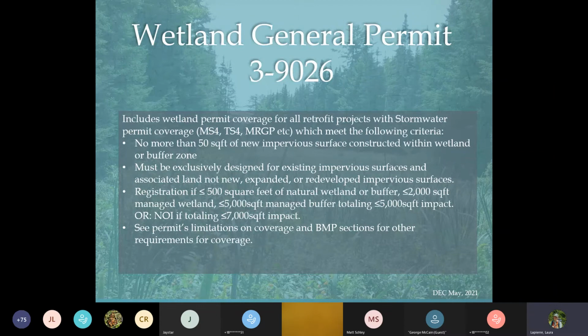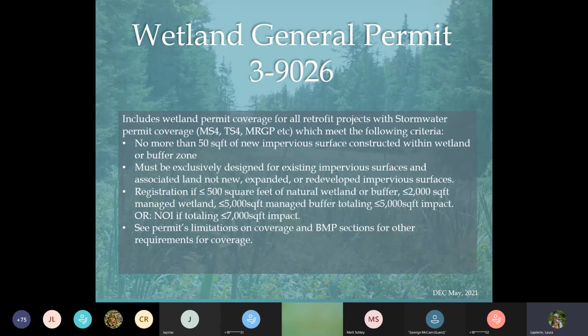And since, like I spoke about before, there's still avoidance and minimization that needs to take place with this general permit, and with all of our permits, you should be still looking to avoid and minimize. And since there are other ways to do stormwater retrofitting, in most cases, we'll only permit a project for like the 3-acre permit if the project can fall under this water quality general permit and not have larger impacts than this.